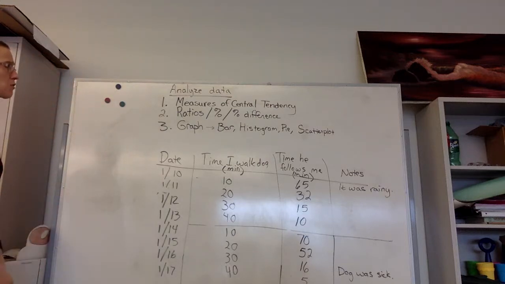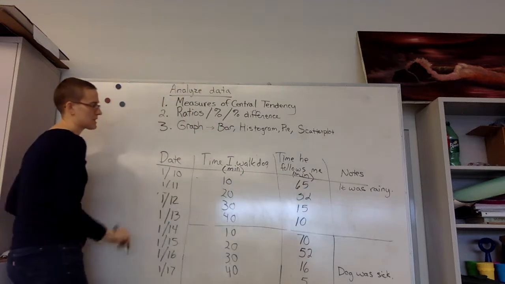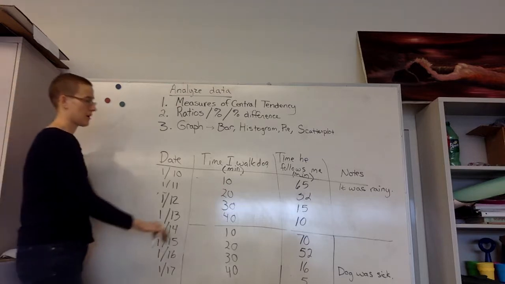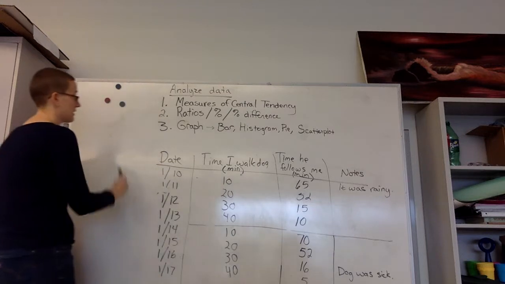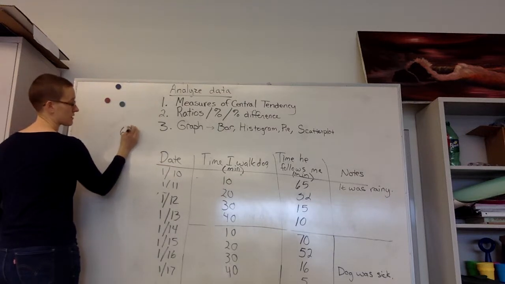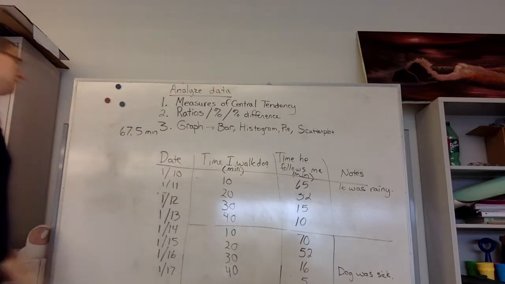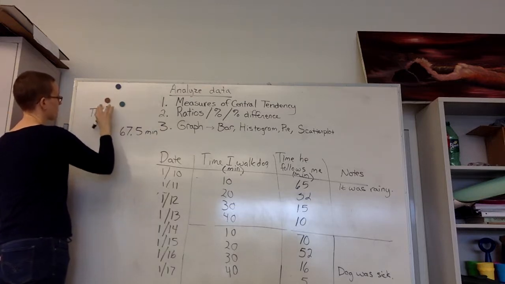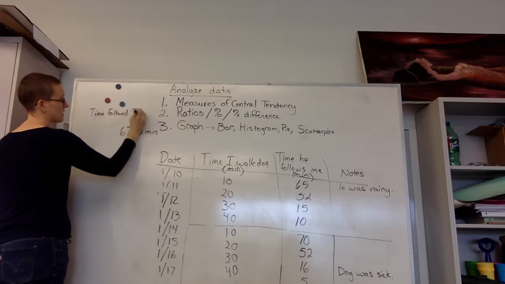So let's just practice making a ratio for one of them. If I were to make a ratio for this first data set here, for the 10 minutes and the 65, we said that for 10 minutes, the mean time that he followed me was 67.5 minutes, right? So if I wanted to then make a ratio of the time he followed to the time walked,